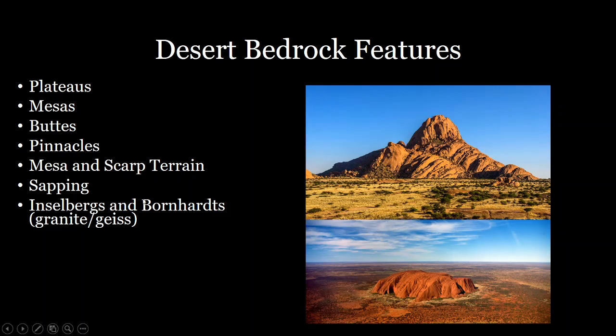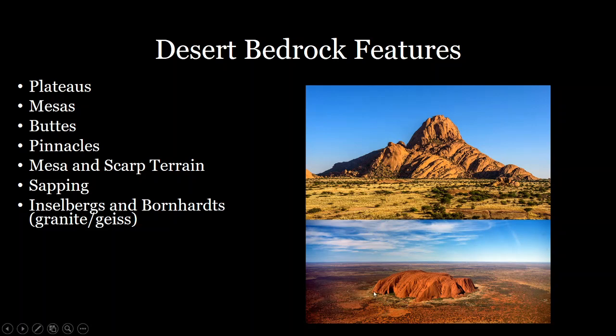Bornhardts are just inselbergs that are formed from granite or gneiss rock. And so inselbergs are islands, or kind of rock icebergs, I guess you could say, that form in a desert, the most famous of which is in Australia. But these are bedrock formations that are remnants of rock formations that were eroded away, leaving just this sea of